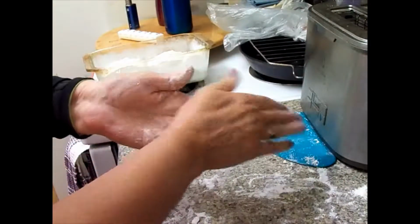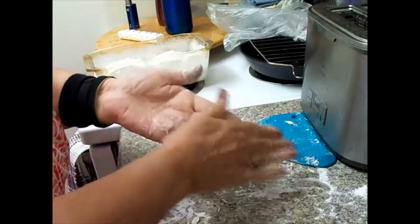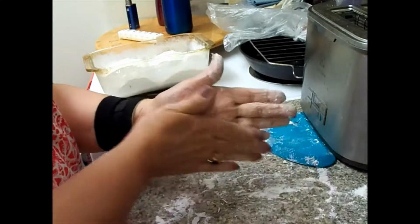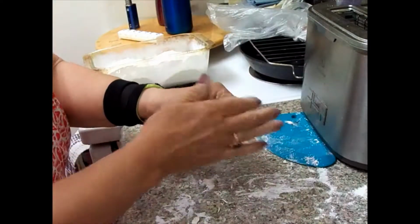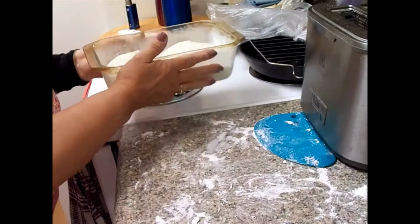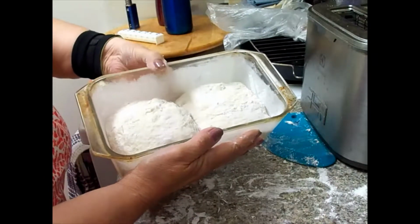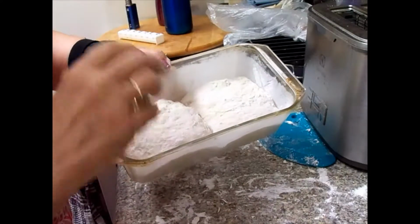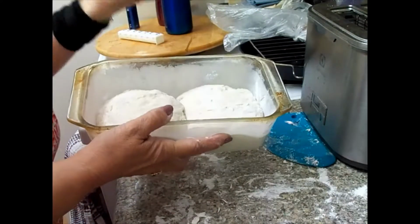So now we'll just cover that up with plastic and put it in the fridge for 3 to 6 hours, and then it's baking time. So here's how it looks in the pan. I'm just hoping that once it rises and bakes, it'll have that split there, and I can split it up into 2 loaves. Because it's just me eating here,